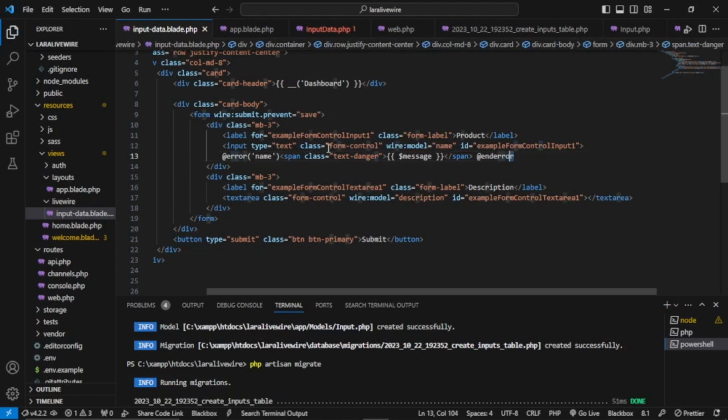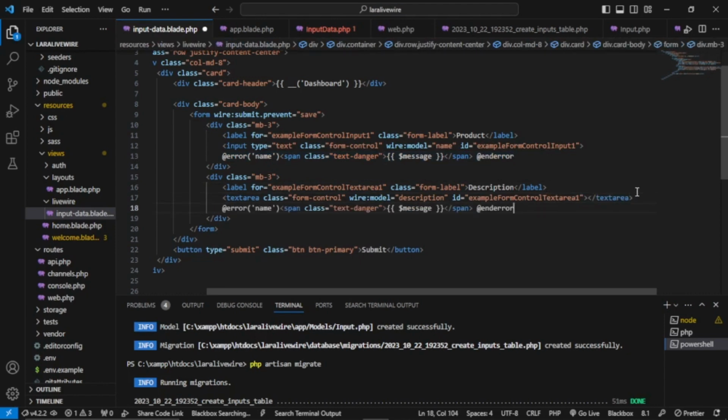Then I'm just gonna copy it and paste it here and change this name into dash in